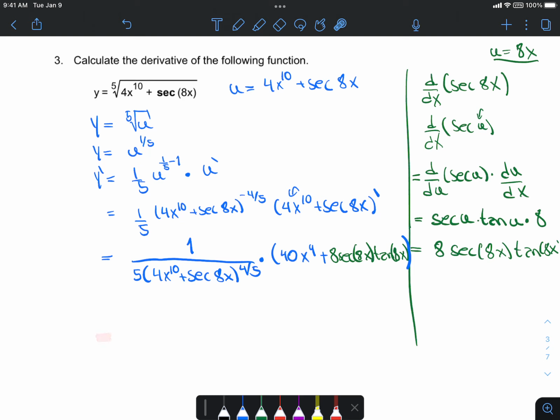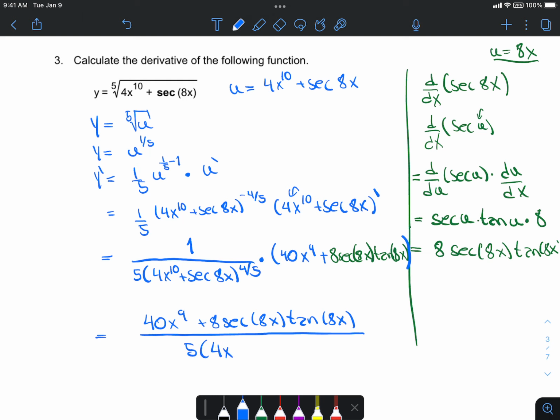So I think I could write this as multiplying this whole thing on the top of the fraction, 40x to the 9th plus 8 secant 8x tangent 8x divided by 5 times (4x to the 10th, that's correct, plus secant 8x)